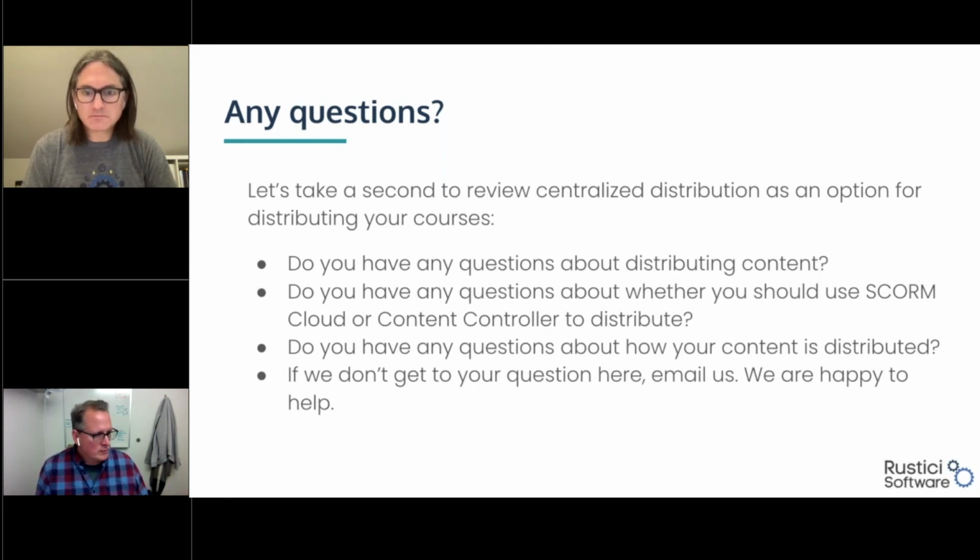Now, SCORM 2004 3rd and 4th edition did extend that limit to 64,000 characters. So you've got a lot more room. What happens in both SCORM Cloud Dispatch and Content Controller is, on launch, when Moodle launches that SCORM 1.2 course, it is going to reach out to Content Controller, which is playing the SCORM 2004 course.